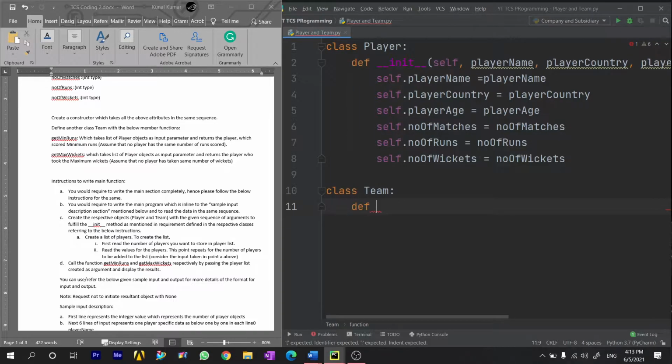So def get min runs, self and the player list.